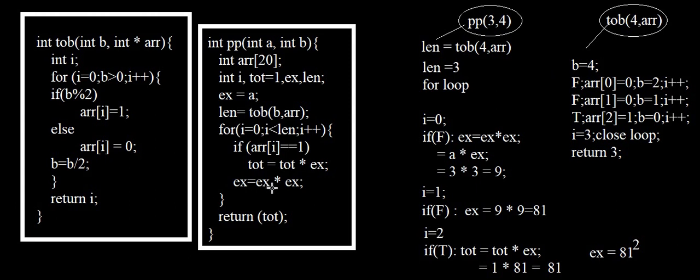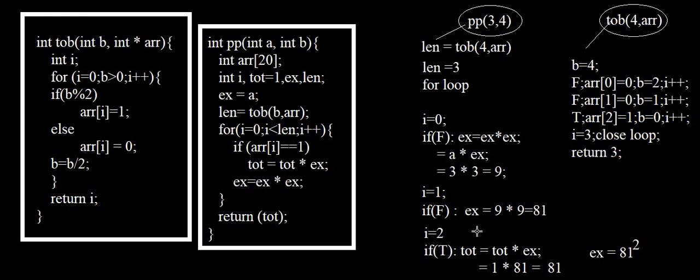And now ex is having the value a, so a into a. What is a here? A is 3, so 3 into 3, which is 9, and we increment the i value, and now the if statement becomes false because array of 1 is also 0. Now ex equals 9 into 9, because previously ex was having the value 9. 9 into 9 is 81, and the next iteration is having the value of 2 and array of 2 is